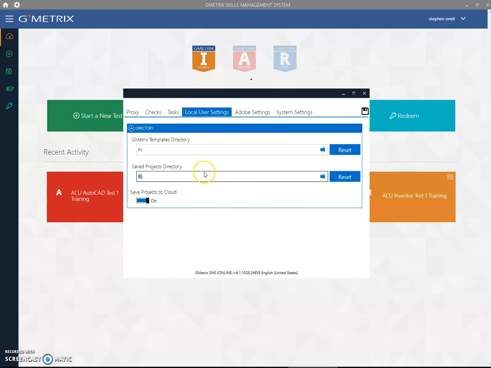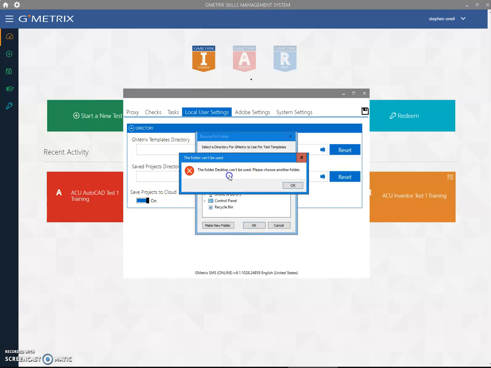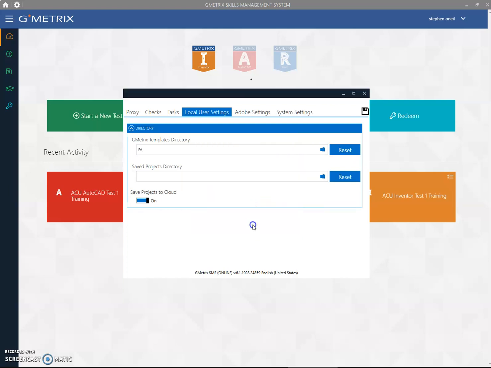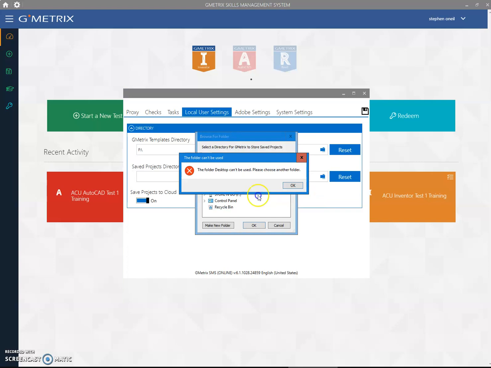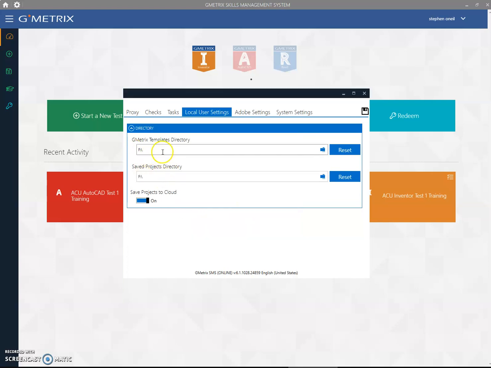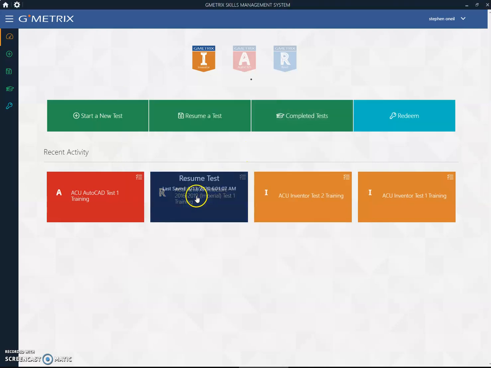Again, remember, I could have nothing in here, and I will not have anything in here, in fact, on a post-install. But that's why you've got to go to this little folder icon and select both places, the F drive in my case. All right. Root level's fine. You don't have to create a subdirectory. It'll create that for you. Then hit the Save Changes button, and lo and behold, now if I start a new test,